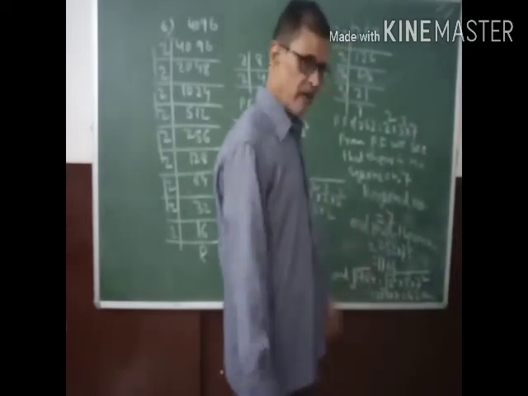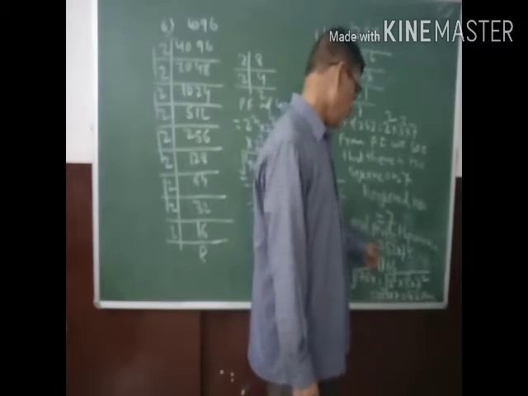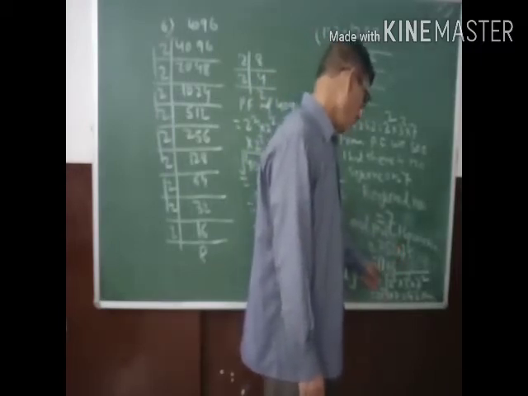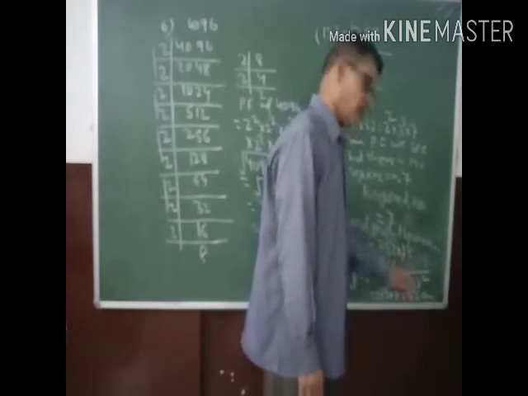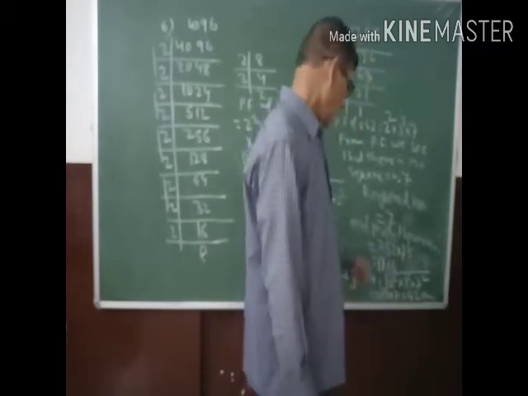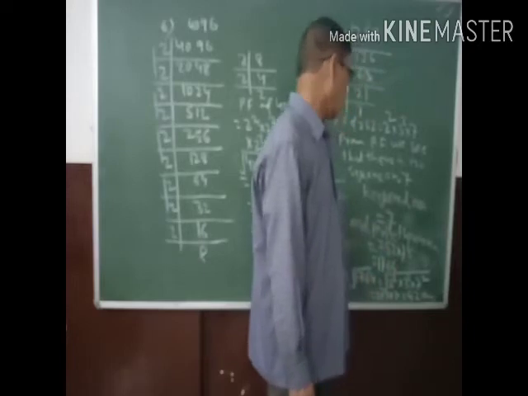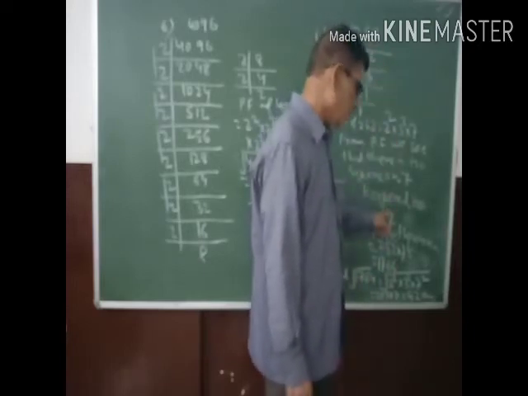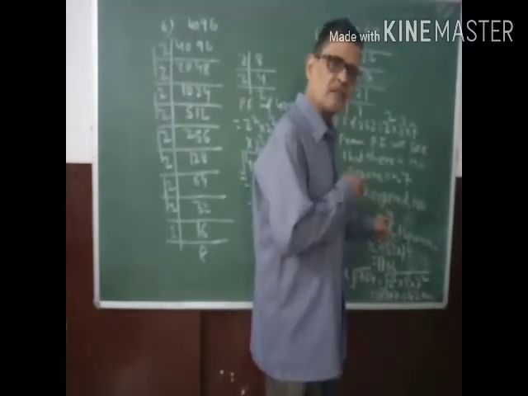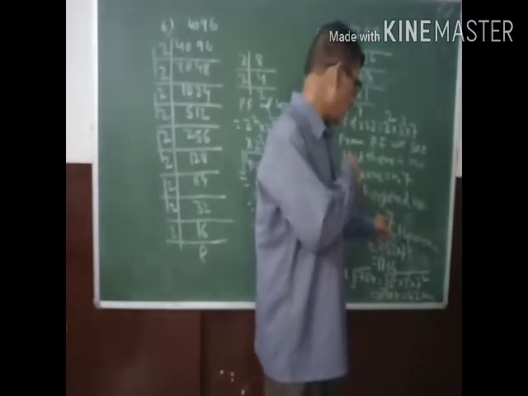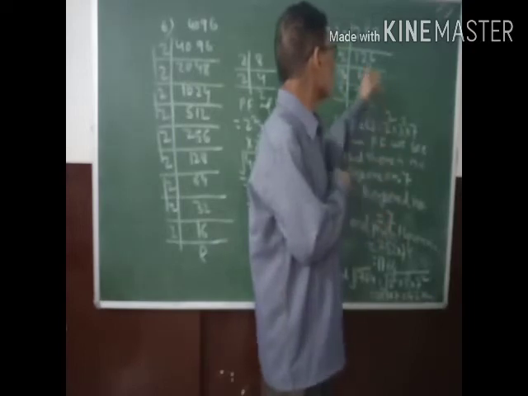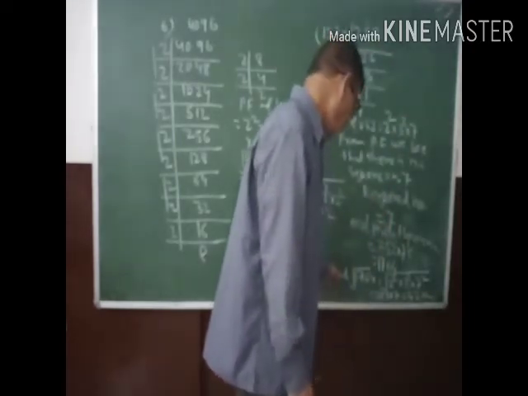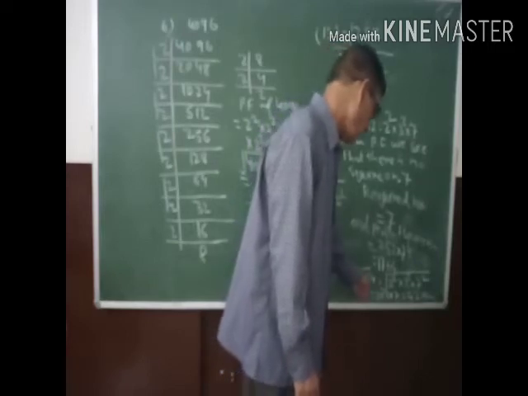And what will be that number? Multiply 252 into 7, and this will become 1764. This is a perfect square number. To make it a perfect square number, this is the least number, ये सबसे छोटी संख्या है जिससे तुम अगर मल्टीप्लाई करते हो तो ये परफेक्ट स्क्वायर नंबर बन जाएगा। And now the square root of this number will be 2 square, 3 square and 7 square.